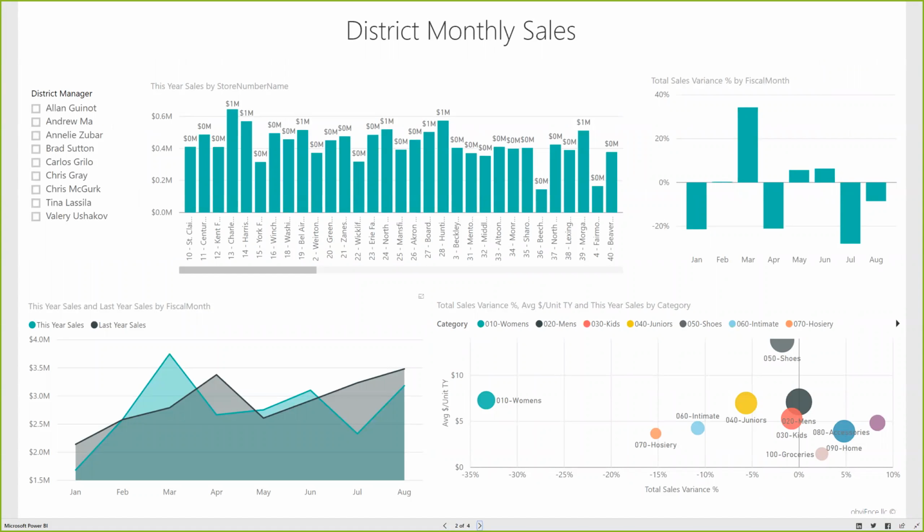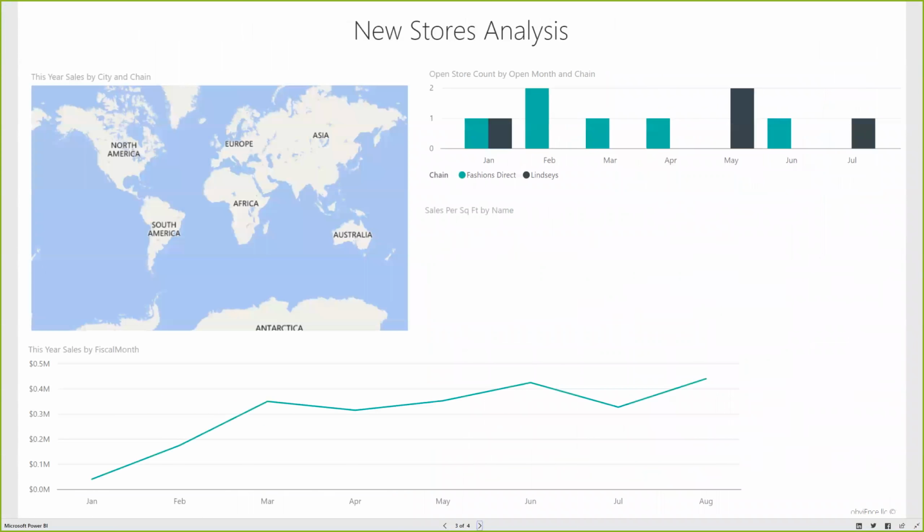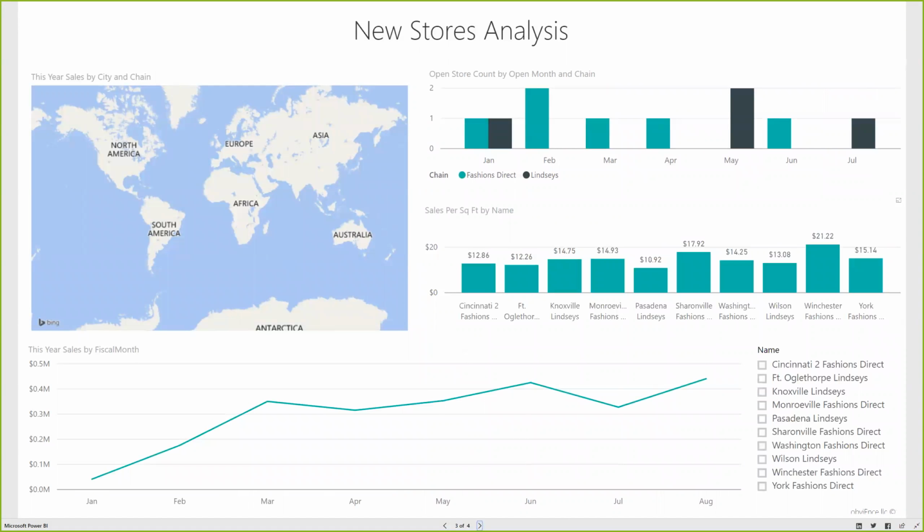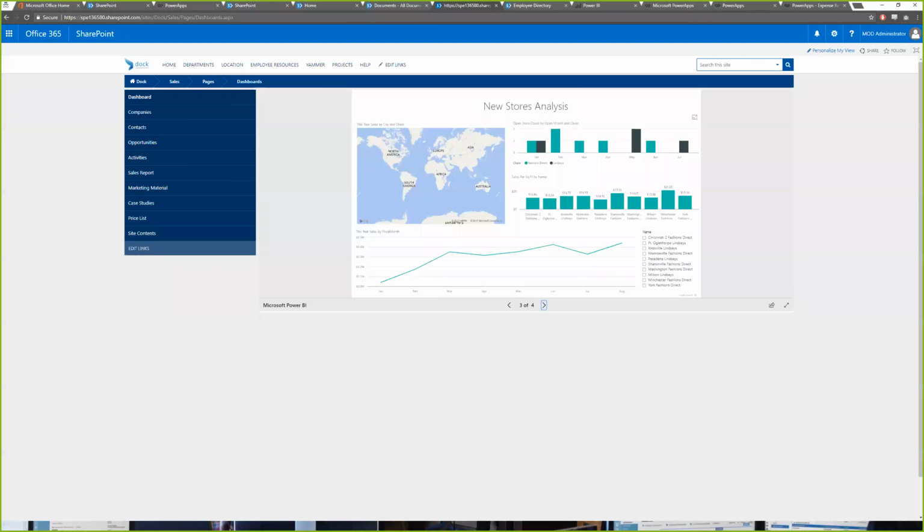So if you've got lists in SharePoint or a database on your local system, you can surface that information, create a dashboard or report in Power BI, and use SharePoint to share the information ultimately. So again, another example of using the data model to surface the data onto the cloud using Power BI, which is a business intelligence platform to build dashboards and reports using